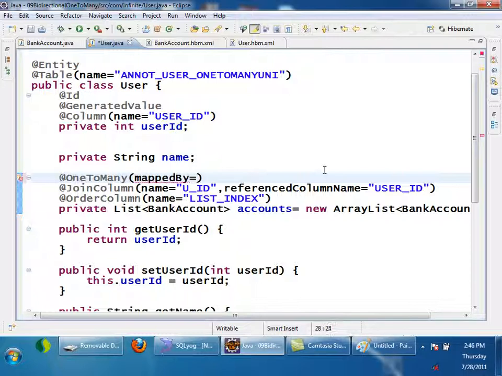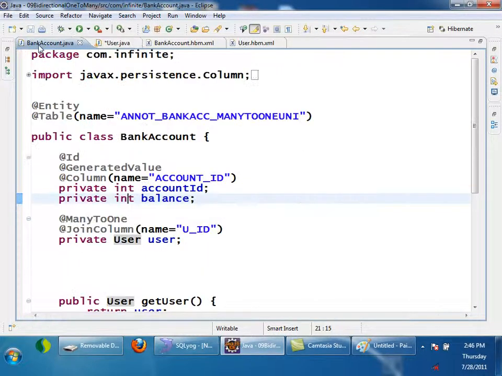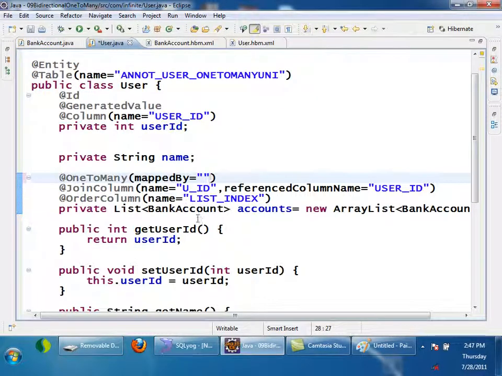Mapped by is equals to which variable on the other side is having the mapping? User. User variable on the other side is having the mapping. So mapped by is equals to. So whenever it is a bidirectional relationship, you have to make one of the side as inverse, right?